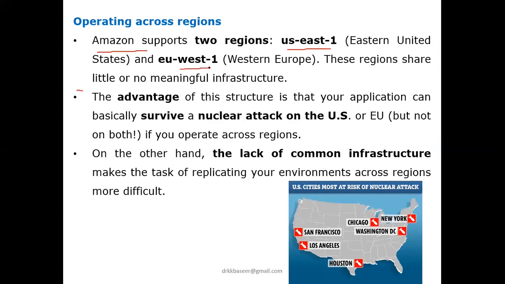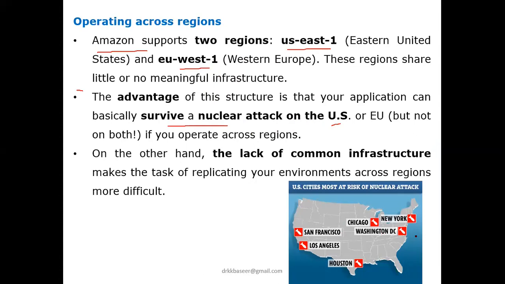The advantage is, if you consider a nuclear attack on the US or on Europe, it would be easily survivable because the same infrastructure exists in two different regions. Whenever any failure happens in the US due to a nuclear attack,